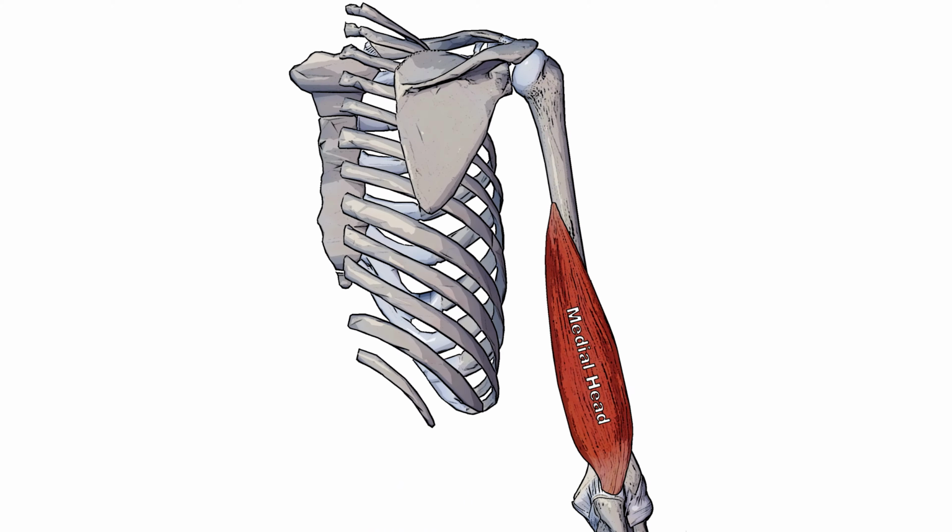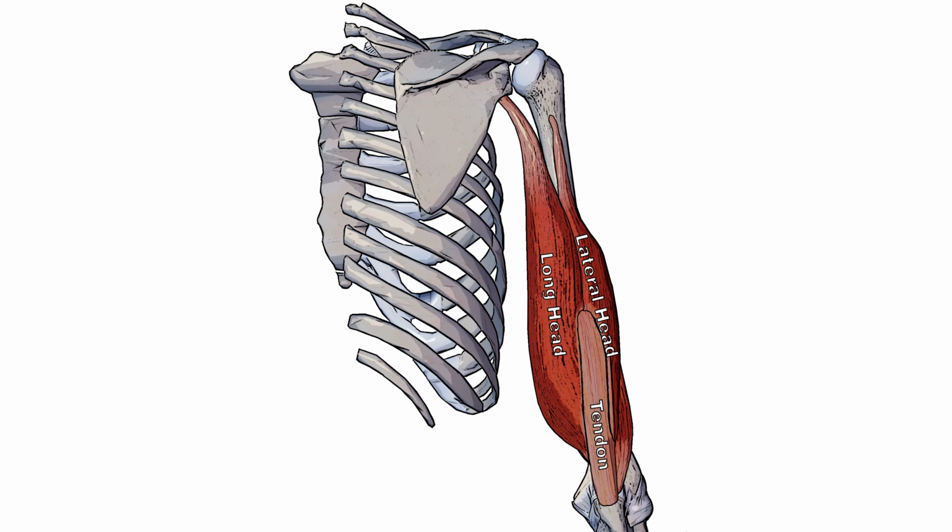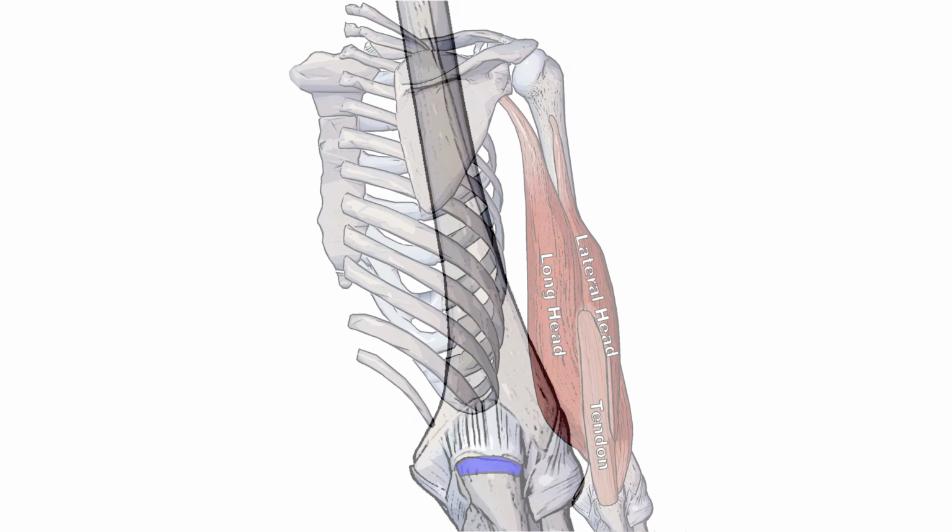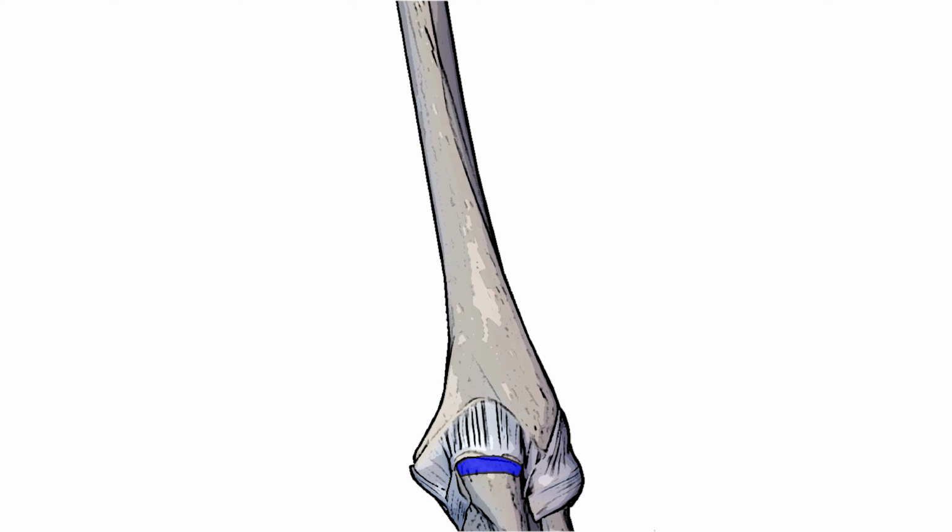The Triceps Brachii muscle is comprised of three heads. The first head we're going to look at is the medial head, which you can see right here. And sitting on top of the medial head, we've got the long head and the lateral head. And these heads are all going to converge together and meet in a common tendon, which you can see I've labelled here. This tendon then comes down and inserts on the Olecranon process of the ulna, which you can see right here